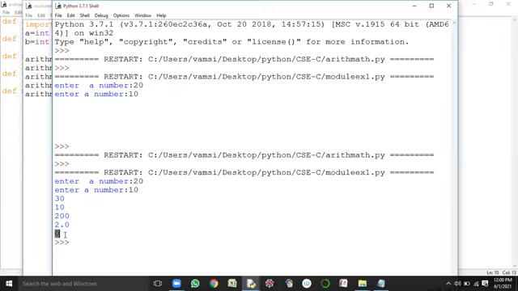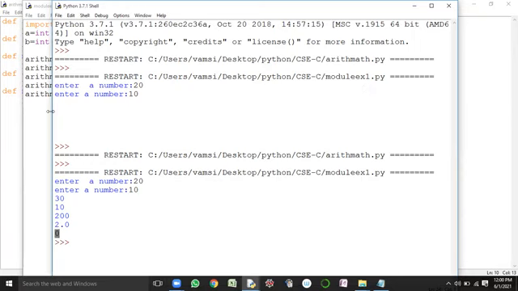So this is the execution of module example 1.py. So this is the first working style with the modules concept. Now if you look into this particular module example 1.py code, when working with the modules concept, how many keywords have we used? Import, one keyword, sir. Only one import keyword, right?